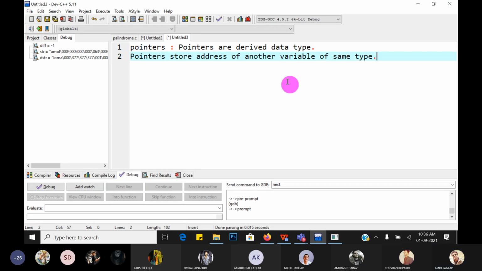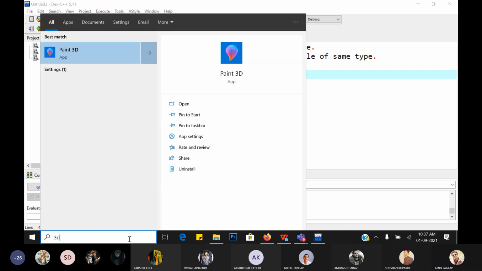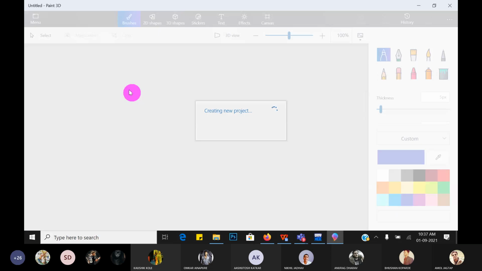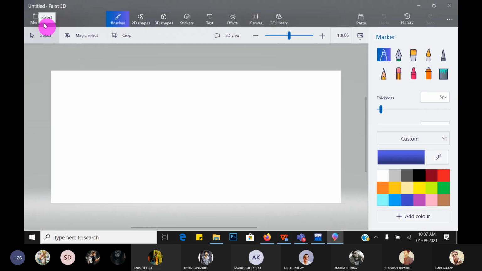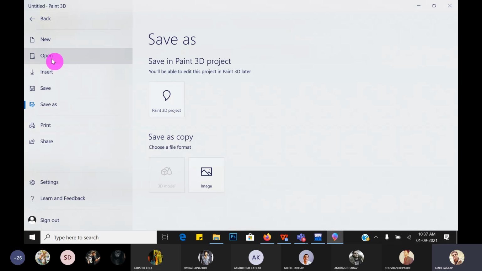What does that mean? A pointer stores an address, guys, an address of your RAM. Okay, so I will show you in a graphical way how it looks.